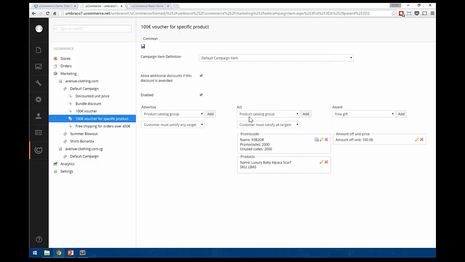But the real beauty of this system is not so much what's out of the box. While important, I feel the most important part of that is that you can actually extend on this. You can add your own targets, you can add your own awards, so you can basically build your own discount types. And what's really cool is once you do, it will hook in and work in conjunction with all the stuff that's already there. So rather than just building one type of discount, you're actually building out a number of them, because once you start to combine your discount type with the ones out of the box, you get many more opportunities.